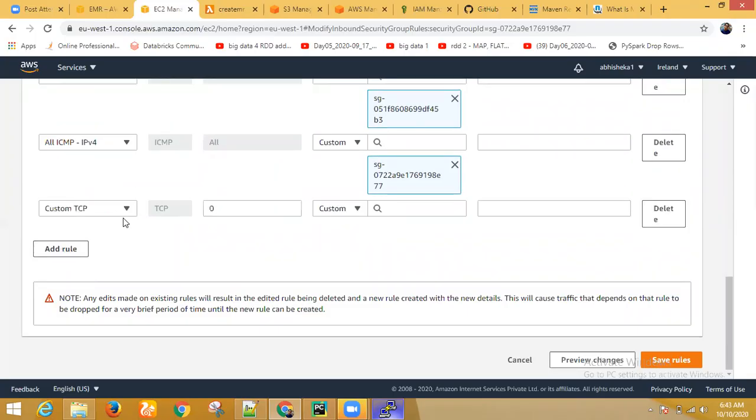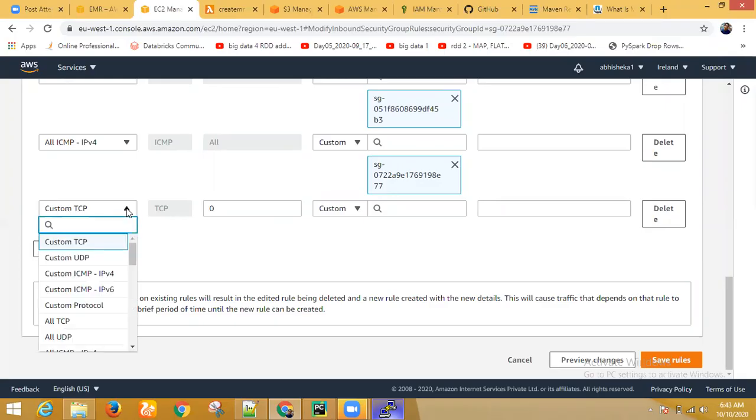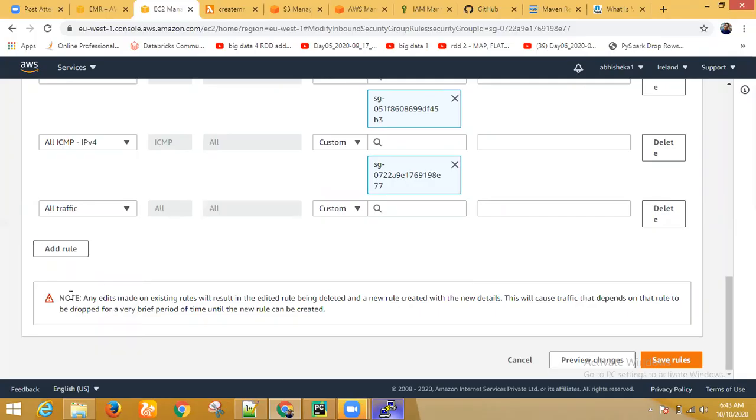In add rule you can see a new entry has been created. Click this drop down and mention all traffic. Here it is custom. So in the custom section, just click that drop down.